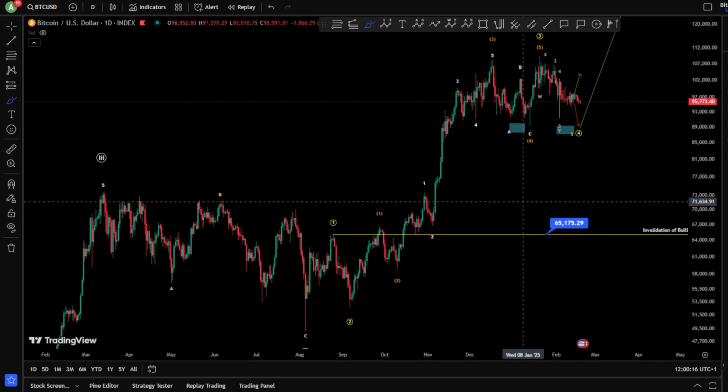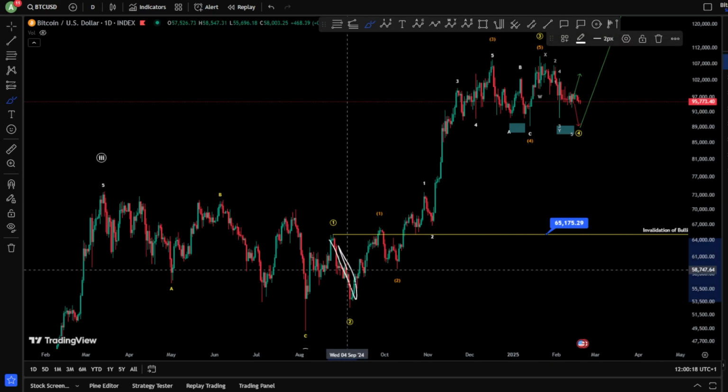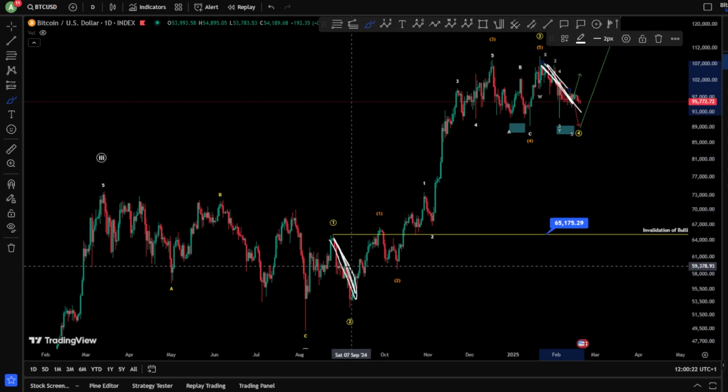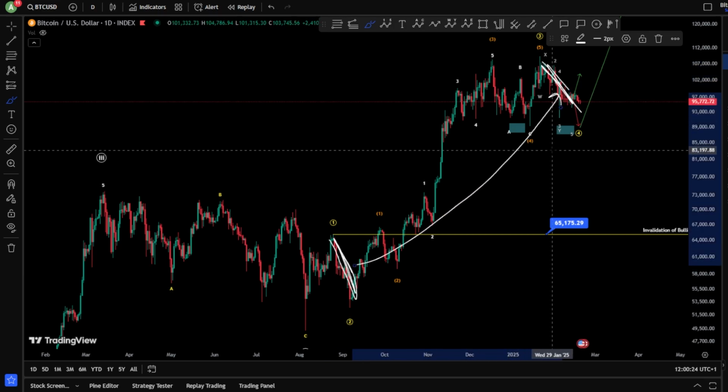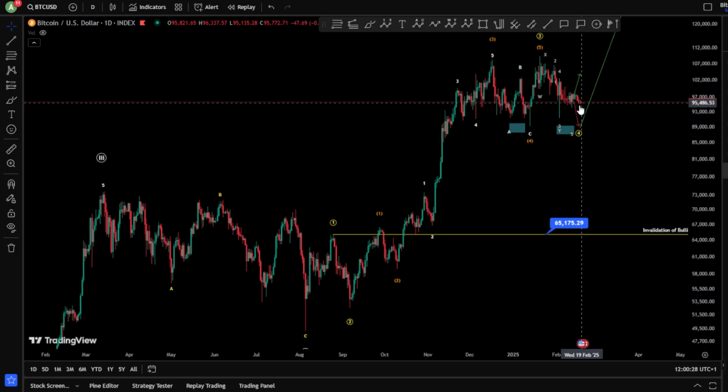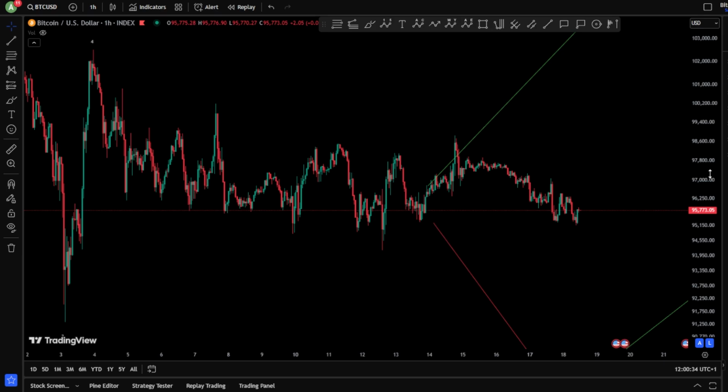Let's go back to here. So you are in a wave 2 here, for a wave 4. The time has already passed the double time. So basically, if you are bullish, you have to be bullish from this price action exactly. So let's move to the 1 hour chart to see what's going on between bullish and bearish.